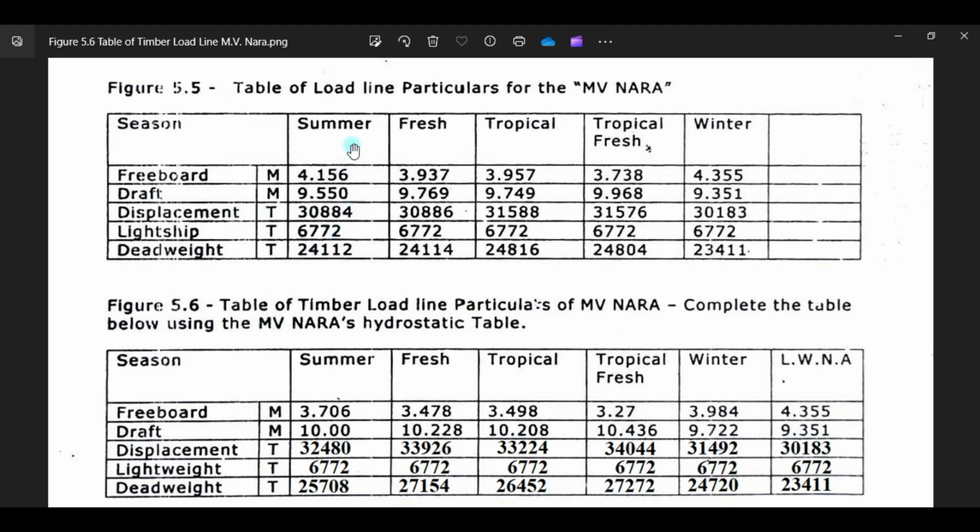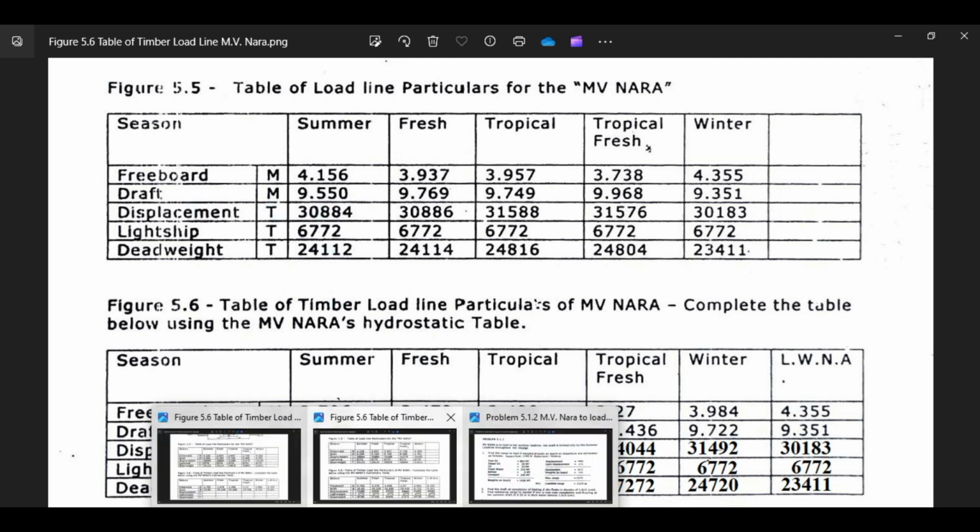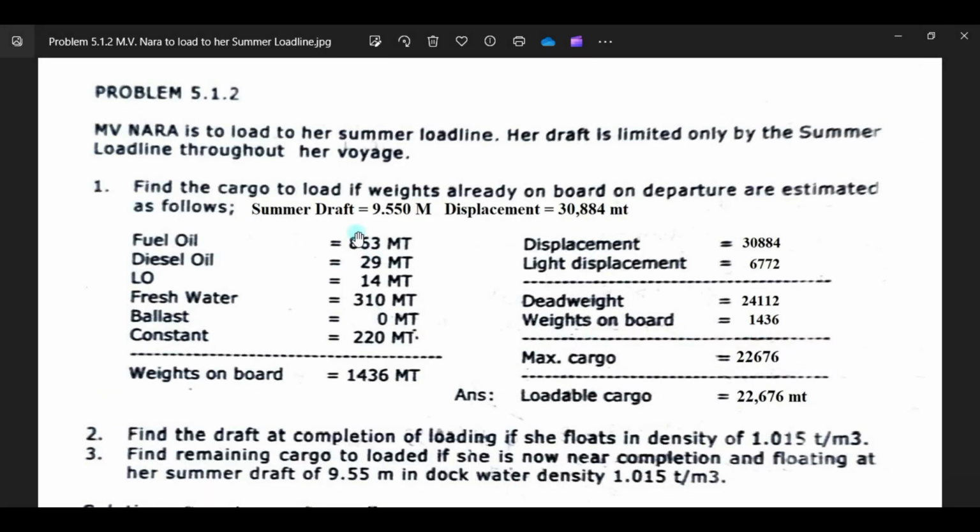Your maximum draft would be 9.55, and your displacement is 30844. So this will be your summer draft, and this will be your summer displacement. Okay, so you have now your weights on board.